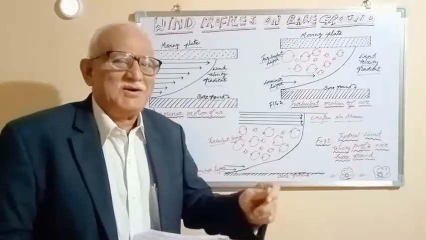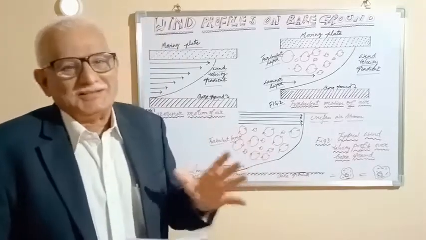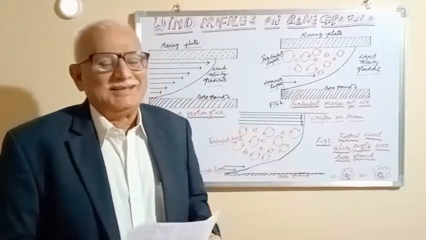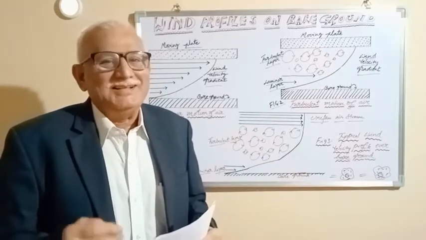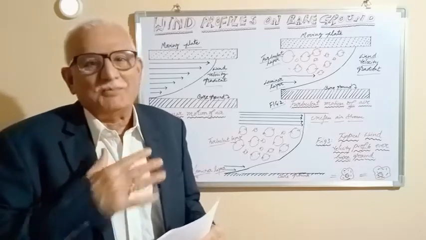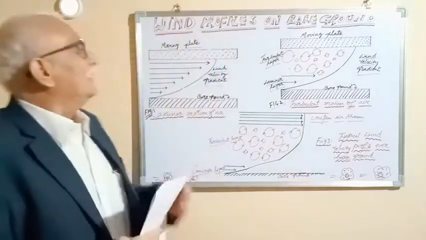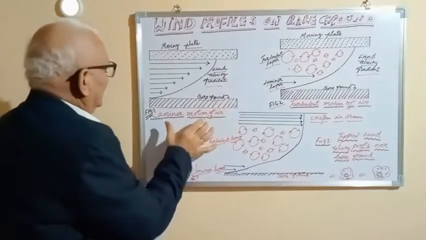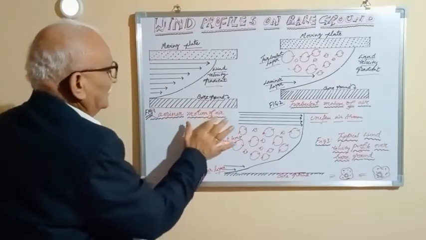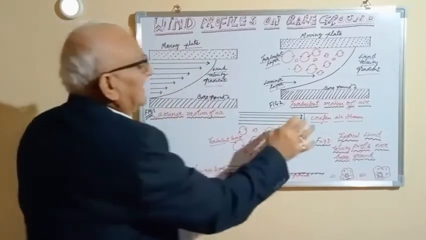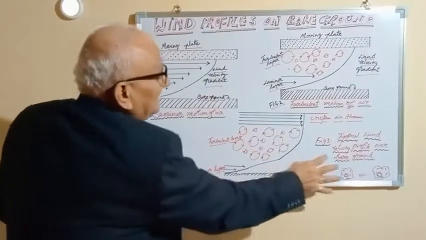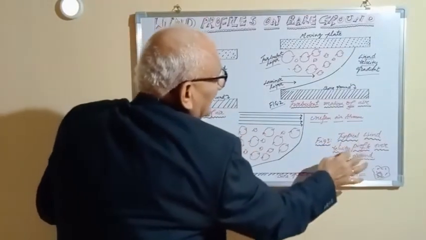Wind profiles on bare ground. The climate near the ground, when bare ground is there, when crop is there, are the fundamental things that micrometeorologists shall understand and apply to solve the problems of the farmers. Now, see, here the first diagram is on laminar motion of air. Laminar motion of air, this is the first one. The second one is the turbulent motion of the air, and the third one is the typical wind velocity profile